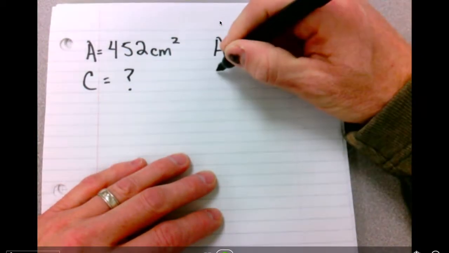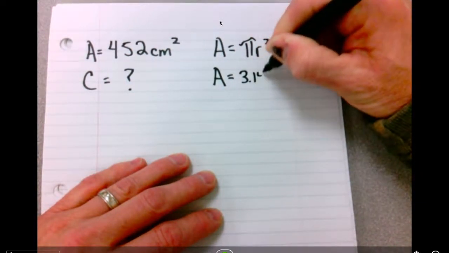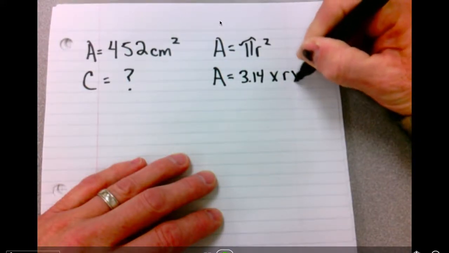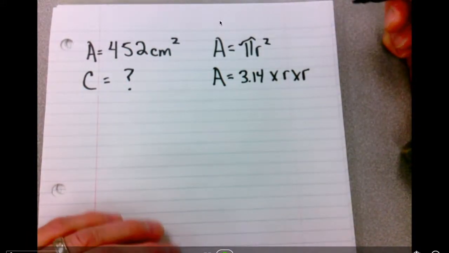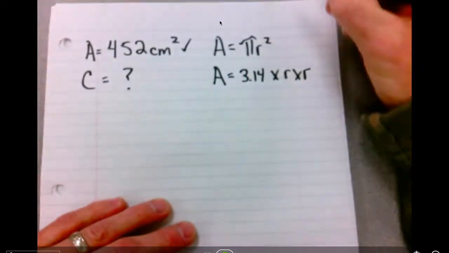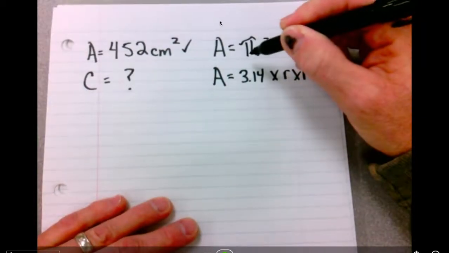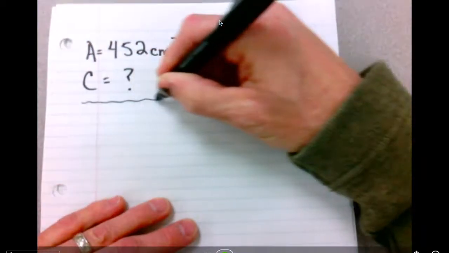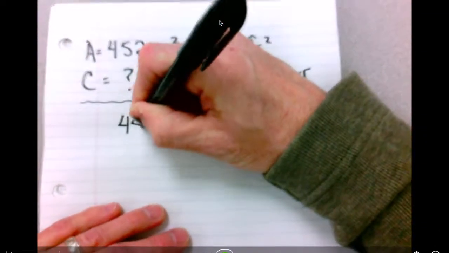Now in grade 8, we often use area equals 3.14 times r squared, just a beginner's way of getting familiar with the area of a circle. So we're given this, we need to find this. So we have to do some reverse thinking here. One thing we've been doing a lot in class is the balanced model method. So let's apply that. So we're going to do 452